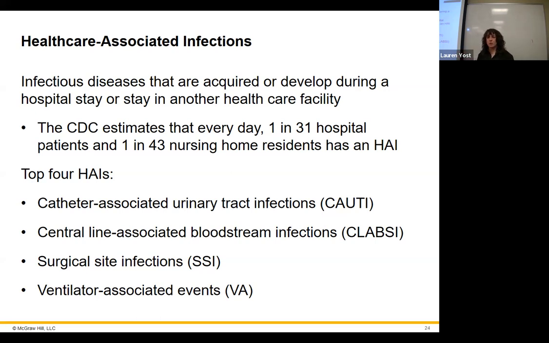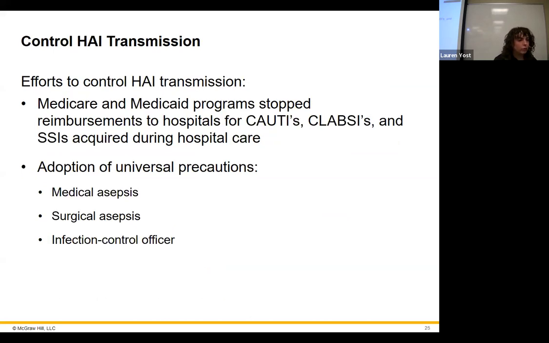Catheter-associated urinary tract infections, obvious. Central line associated bloodstream infections, another one that's obvious, right? If you have a long-term central line, or if somebody's not cleaning the area properly before they start their central line, there's going to be problems. Surgical site infections and ventilator-associated events. This doesn't necessarily mean infection, though it can. People can get pneumonia associated with being on a ventilator. Very common, actually, but it could just be other problems related to being on a ventilator, structurally, physically, that sort of stuff.